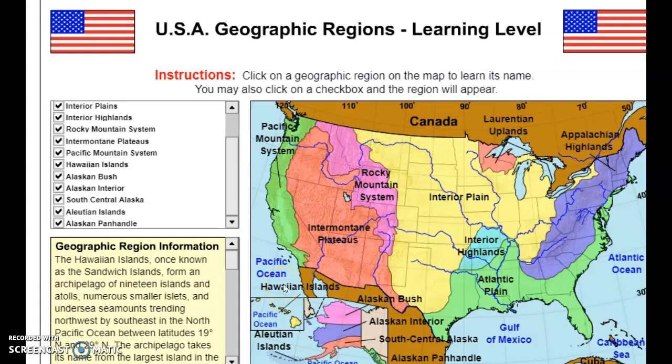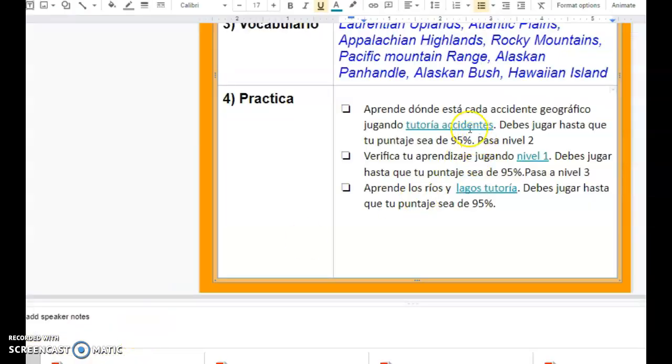Bueno, good luck. So just like yesterday, you're going to have a few links. The second link is going to be for you to actually find where are the different places, but I have a different challenge for you. Once you're done with the tutorial and with the level 1, you are going to go to the next level,